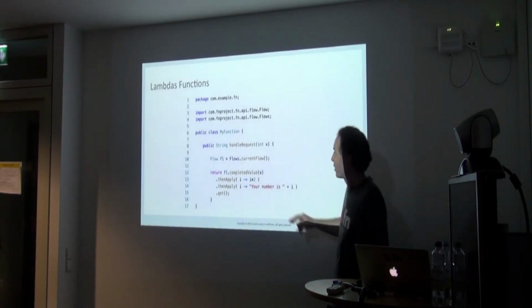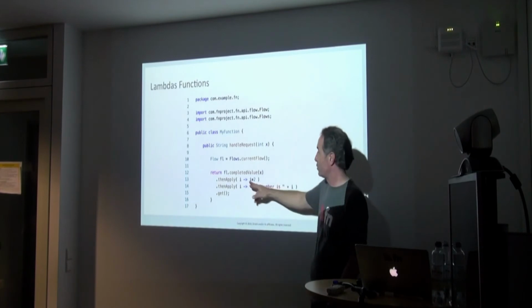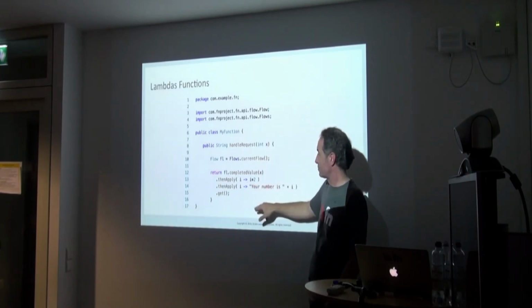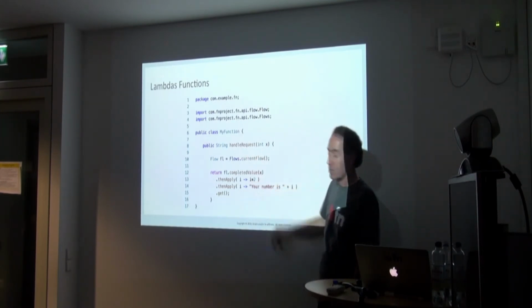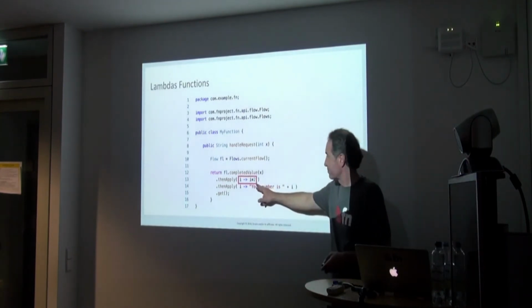So here's a little function. There's no invoke function here, it's just a bunch of lambdas. I have two expressions. This thing takes a function that takes an integer, doubles it, creates a string, and then returns that string as a result. So I've got two lambdas here. This one.